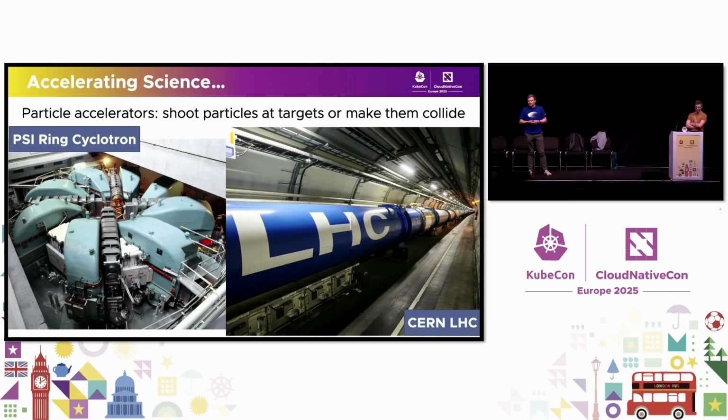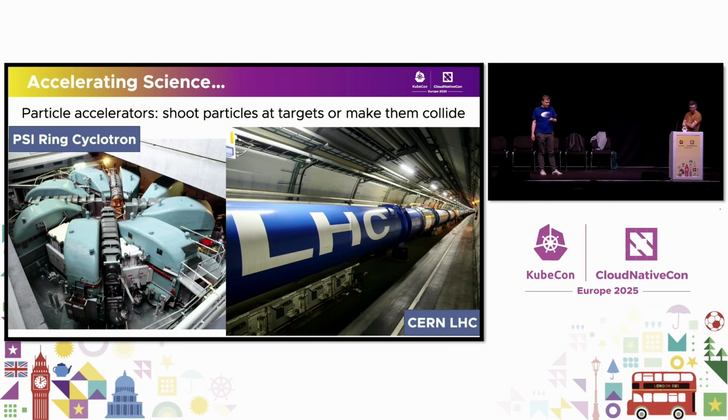And they both have in common that they have particle accelerators. So we're basically accelerating science with accelerators. And what accelerators do, as the name says, is accelerate particles. To some extent, they either shoot those accelerated particles on targets, or they make them collide, so shoot them on each other. These accelerators in principle all look very similar. For instance, there's one at PSI since the 70s, continuously upgraded, the so-called ring cyclotron. And then there's one that you've probably heard of more often, the CERN Large Hadron Collider,